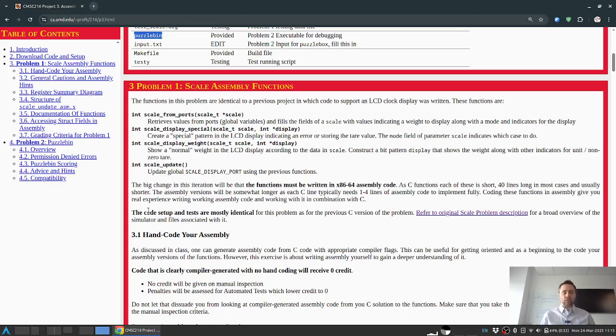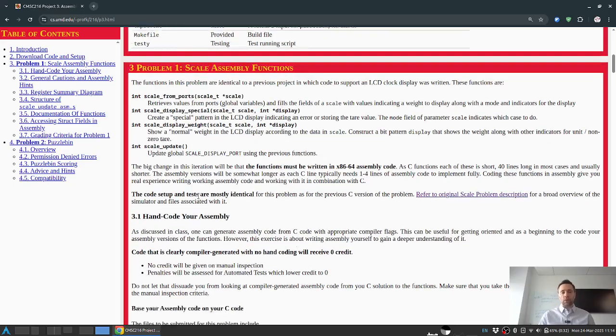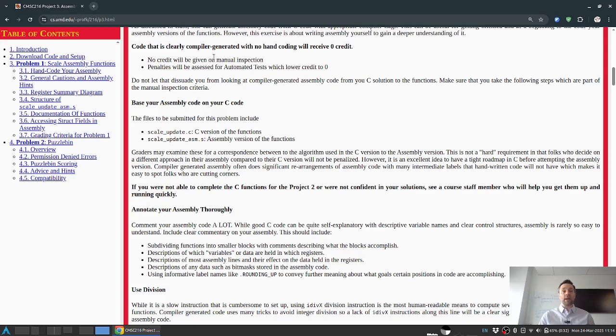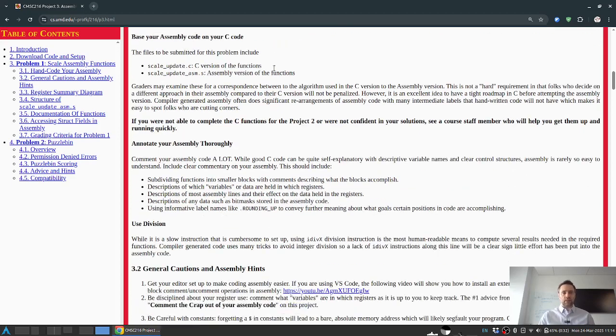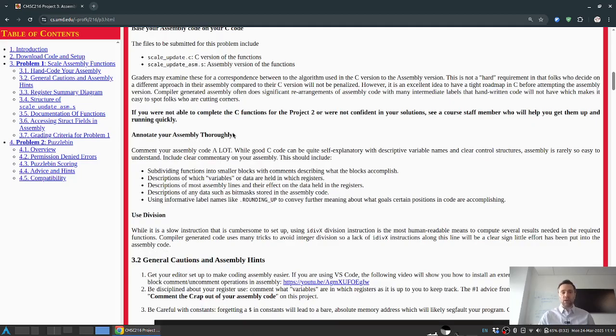And GCC is aware of a number of optimization tricks that it will try to use and generally produce things that most humans would have a hard time understanding. Now, you should feel free to do so and draw inspiration from things that are there, but do write your own code there. And some things that we will be on the lookout for in terms of clearly compiler-generated code that will receive 0 credit is that you would annotate your assembly very carefully, that you'd use comments, good label names,